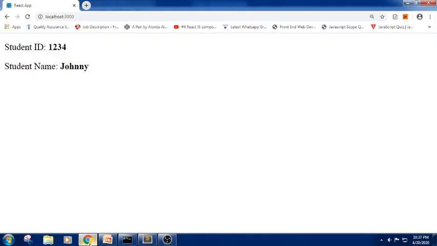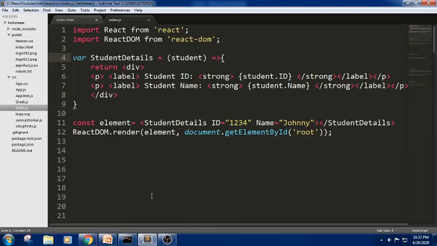Let me check now. Yes. Did we get the same thing? Now we have done the same thing using an arrow function. Initially it will be hard to understand, but once the code complexity increases, it is better to use these arrow functions. Hope you are clear with this example.